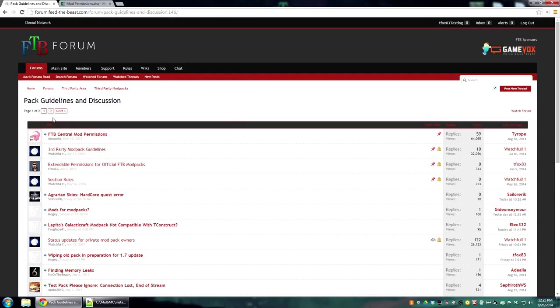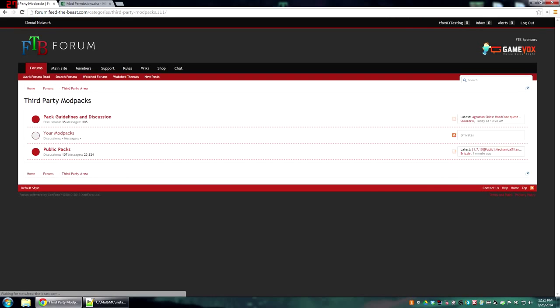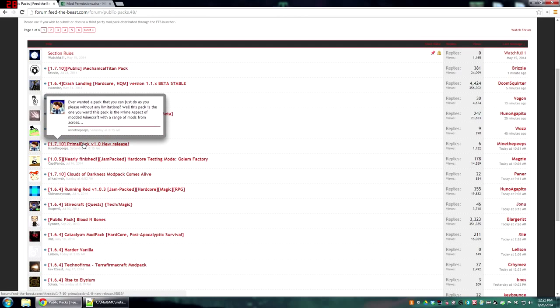If you do have a public pack and all your permissions match for public, and we have verified it, once your pack is on the launcher, you are advised to go ahead and create a thread on the public packs. You just create a thread, put the name of it. You could do some advertising. If you have an official server for it, you can advertise that. Whatever you need to do, you do it in this thread here, and it gives people